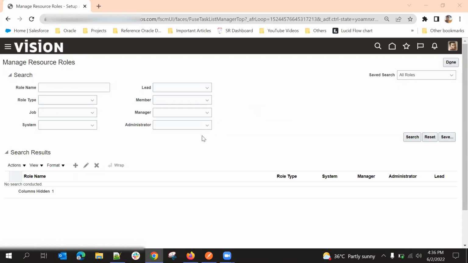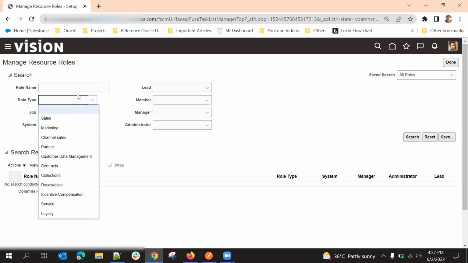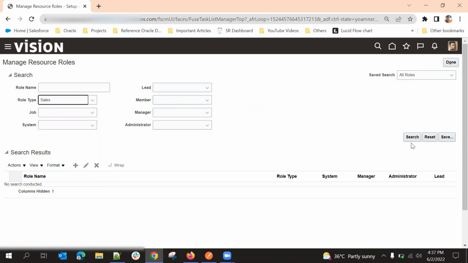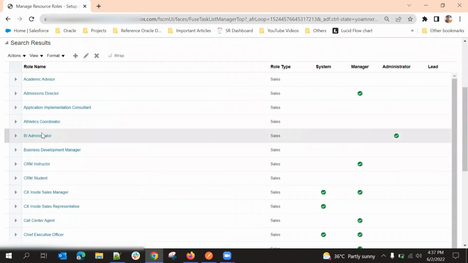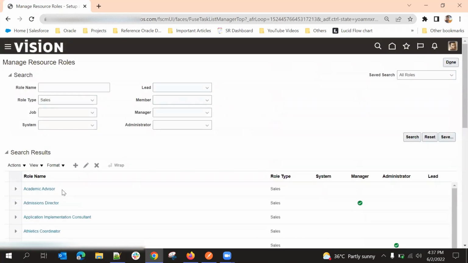So this is the UI of Manage Resource Roles. Here, if you want to search for existing resource roles, you can do the search based on these filters. Okay, so like this, you can search existing roles, and then you can see them. If you want to create a new resource role, you can simply click on that plus